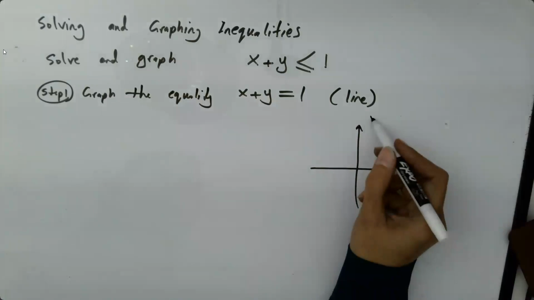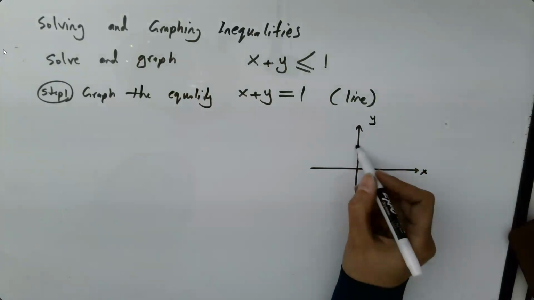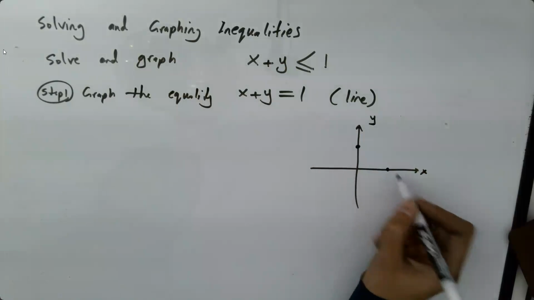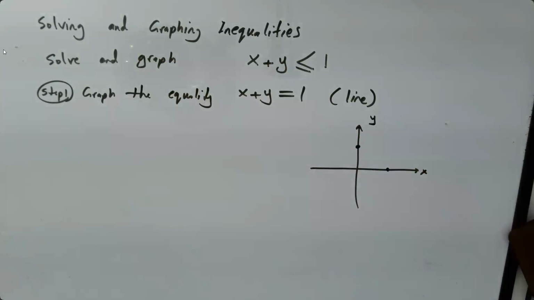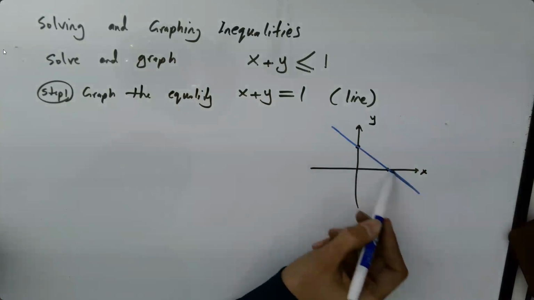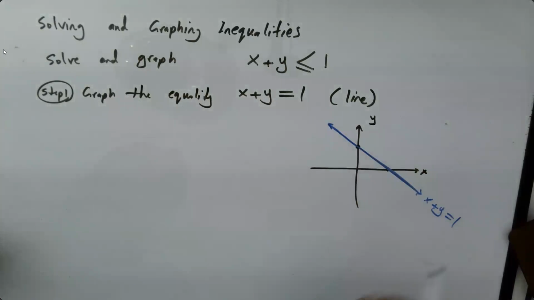This is my x-axis, this is my y-axis. If I plug in 0 for x, y is 1. If I plug in 0 for y, x is 1. So this is my line. It wasn't very complicated to graph. I have a decreasing line on the right. This is x plus y equals 1. Step 2,